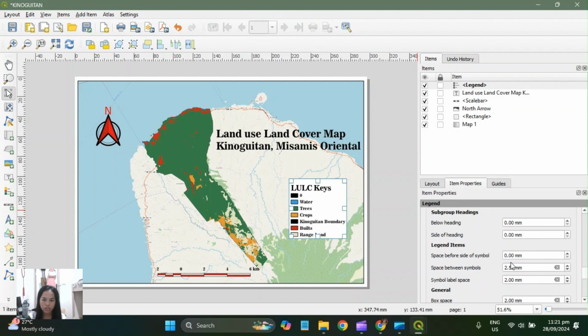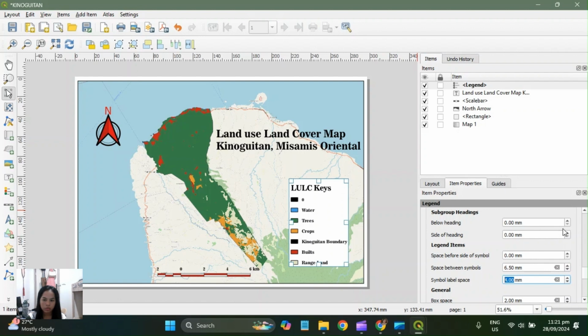Here, the legend items can change space before side of symbol, then space between symbols. In my case, I would like it 6.5, and then 1.